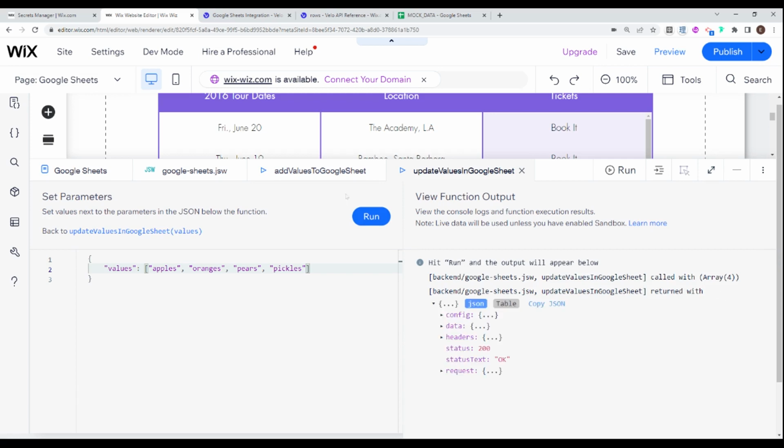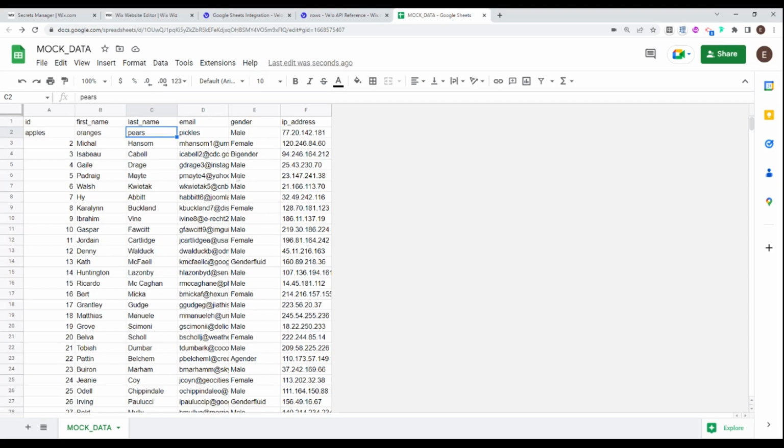Okay, so this was successful. And if we go to our mock data, we can see that it updated within the row that I provided for the first value. So I said A2 to D3. So as long as the total area, you can say, is enough for the values, then it'll put it here